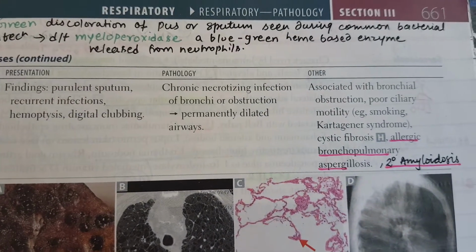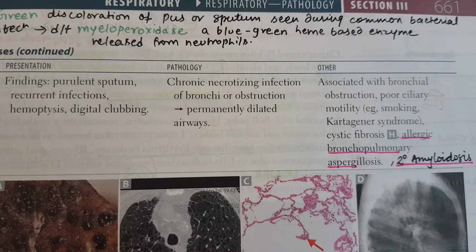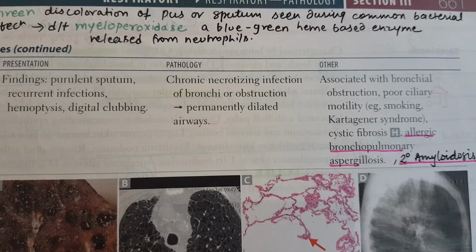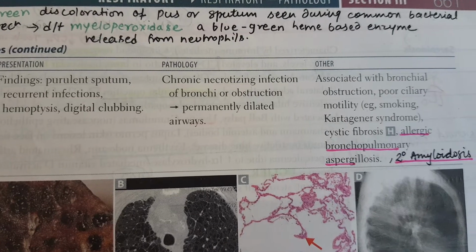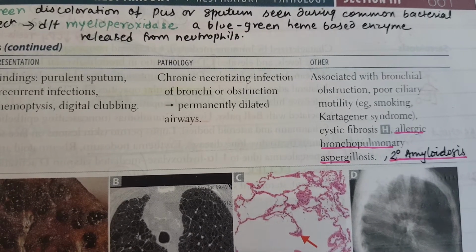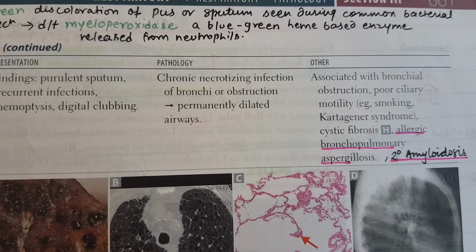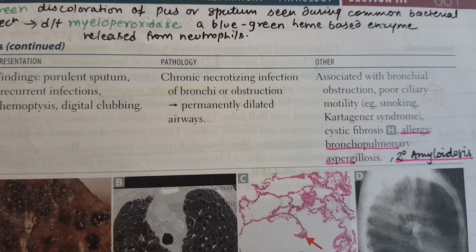It is associated with bronchial obstruction and poor ciliary motility, for example smoking, Kartagener syndrome, cystic fibrosis, allergic bronchopulmonary aspergillosis, and it is also associated with secondary amyloidosis. Okay,